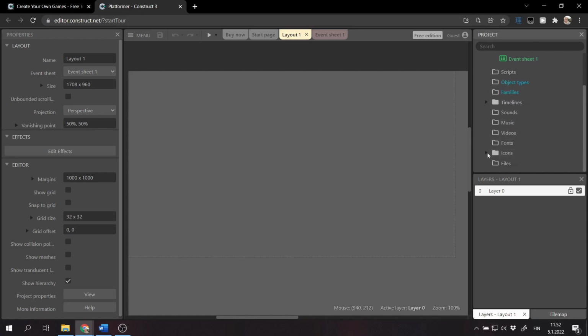And well, we have also a few icons here that are used for the Construct 3 logo, but other than that, we don't have anything here yet. Then we have the layers window, and the layers might be a bit difficult to understand at first, but they are